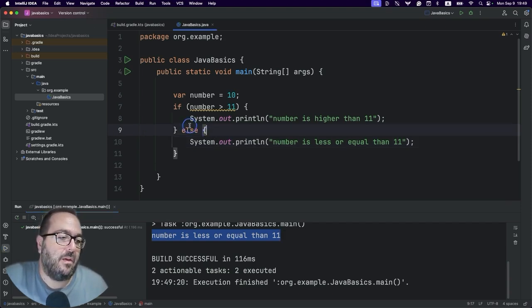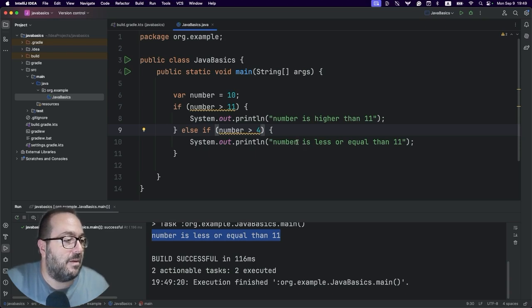Now, instead of having just an else statement, we could say else if, open again parenthesis, and say maybe it's not greater than 11, but maybe, let's say, number is greater than 5 or 4.